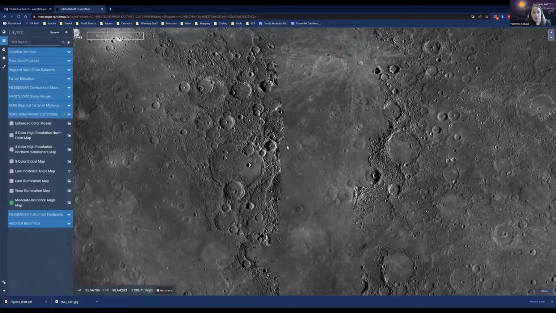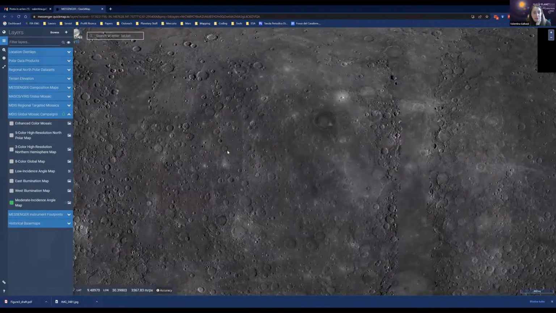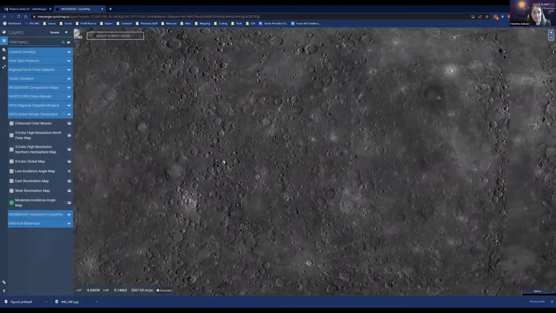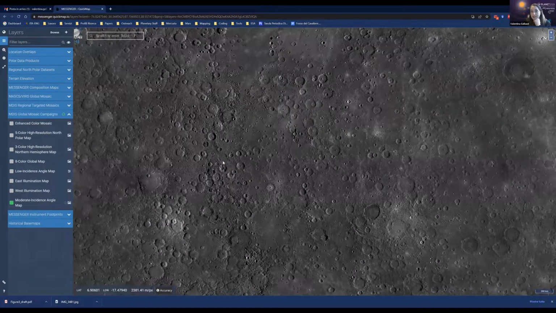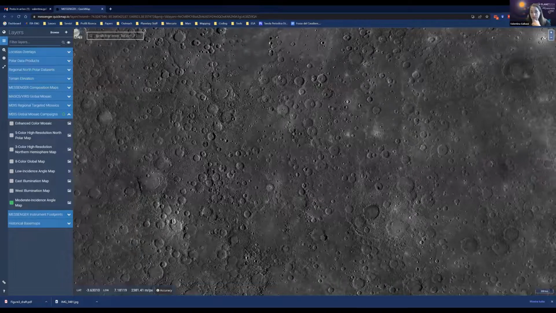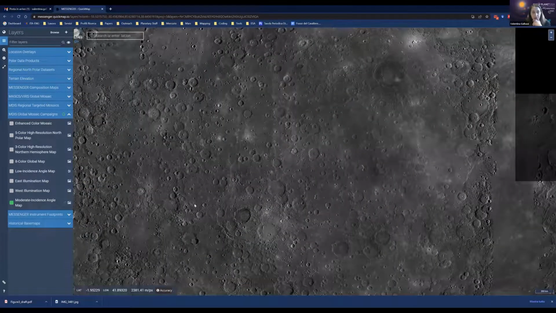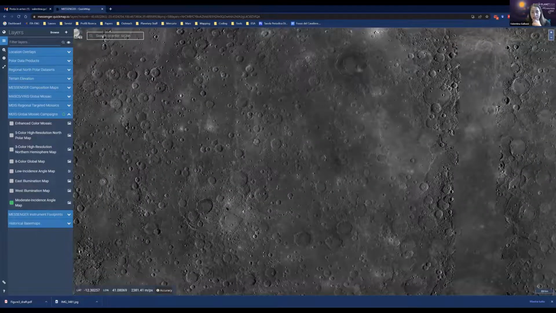In any case, this mosaic is composed of moderate incidence angle images, but that sometimes may have opposite incidence angles, because they gave preference to similar incidence angles regardless of the direction of the light. So you may see sometimes some craters show an illumination from east, like in this case, while